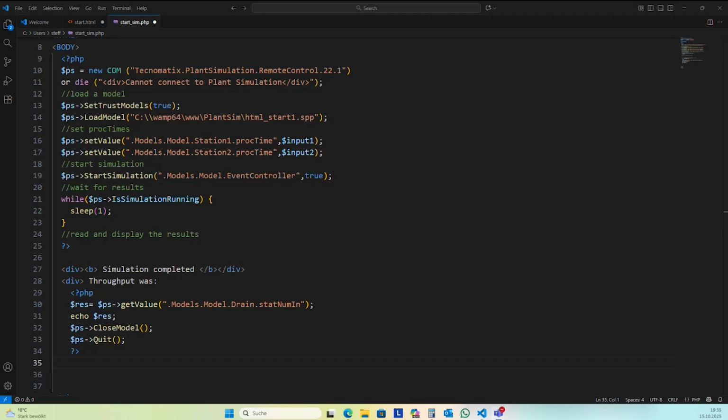Oh, I don't know, but I guess it depends a little bit on the COM interface. It's a DLL file, and you can use the COM interface from many different programming languages, also real programming languages like C or C++.